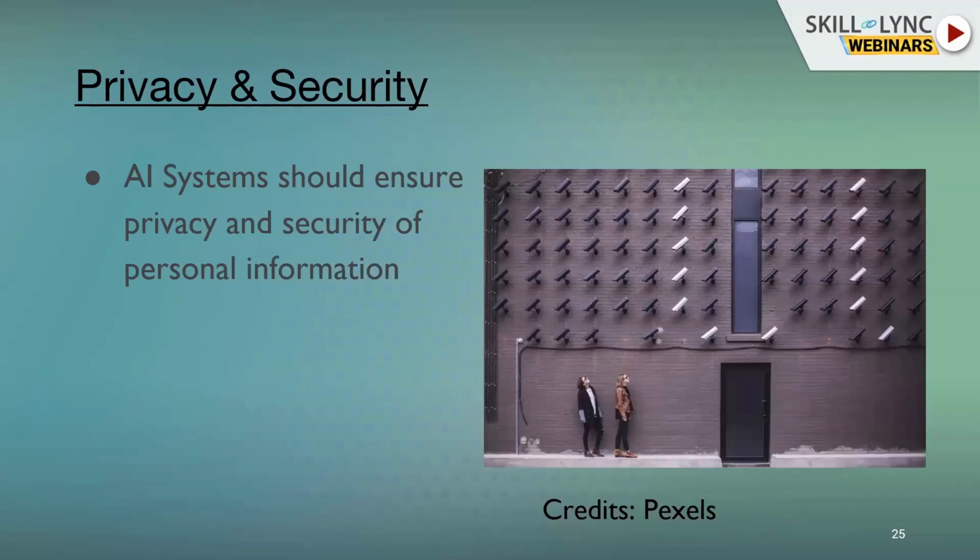The third principle is about privacy and security. See, the current issue maybe all around is with privacy. Actually, that is the biggest threat we are facing. Okay, so to learn, the AI systems need a large amount of data from which they can learn from your previous experience, and this can include your personal information as well. The AI system should be good enough to secure this, and we need to have complete privacy of the information that is available in these systems. So that is the third principle of responsible AI.